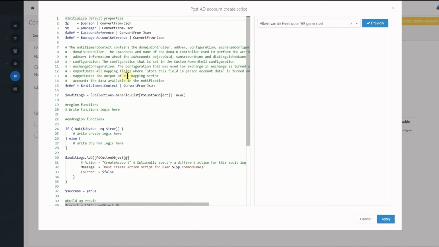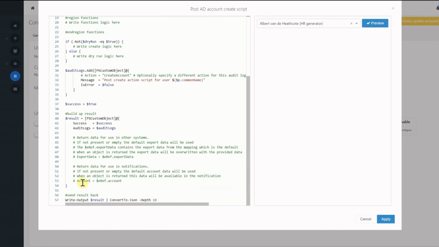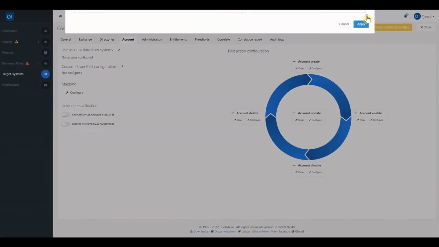It's basically the output of the mapping from the scripting of the source mapping. This also includes the generate password, for example, so it can be sent out in a notification used to export it to another system. We also have the account object itself, and the account object is based on the data of the account which could be extended from this script logic and can be useful when sending notifications. So you can append attributes or remove attributes from the account, and then basically when you use the account as an output, so to send it back to HelloID, all the fields of the account can also be used as